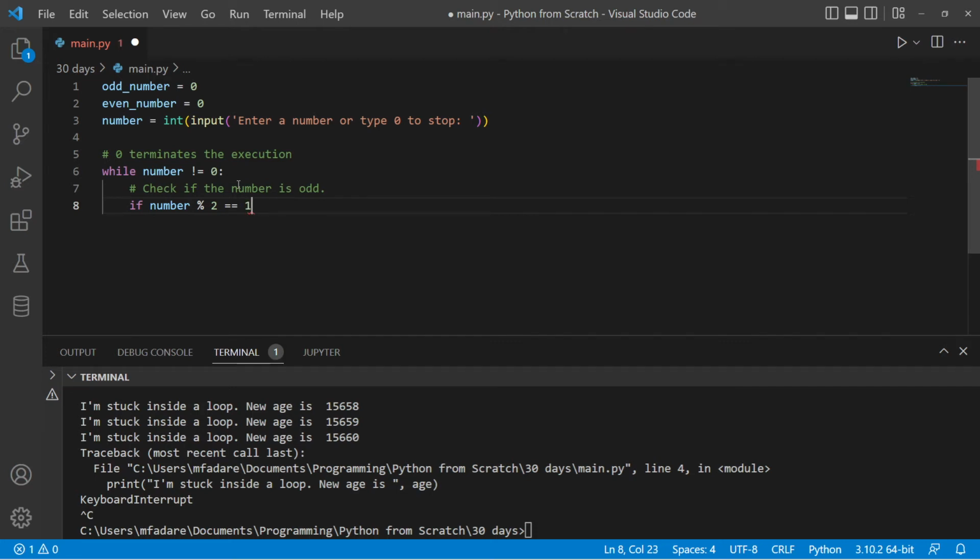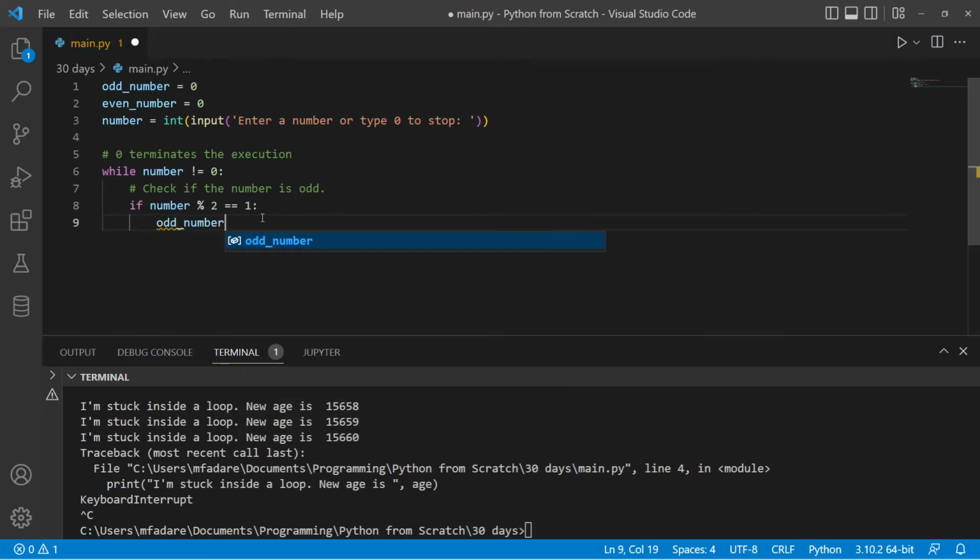Any number divided by 2 would either give us 0 or 1. Whatever number you are dividing by 2, you always get a 0 or 1 as your remainder. So if the number I've typed in, which is 5 mod 2, gives us 1, then